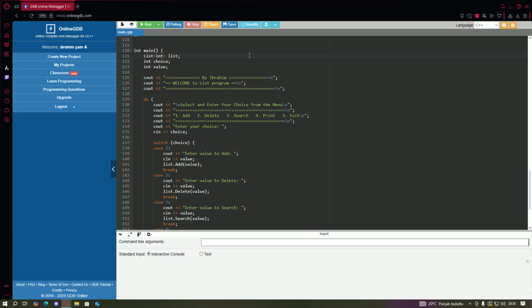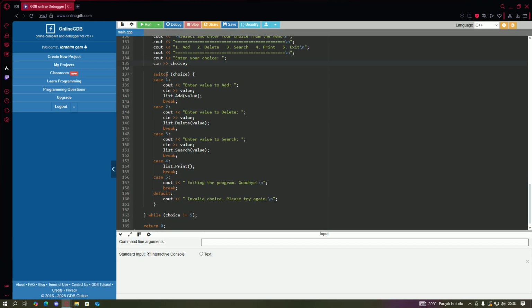Create a list object for integer type and to store user's menu choice and to store the value entered by the user, and welcome message and program title and menu will keep running until user selects 5 exit, and choice takes user input for menu option and switch statement to handle user's choice and add operation calls add function